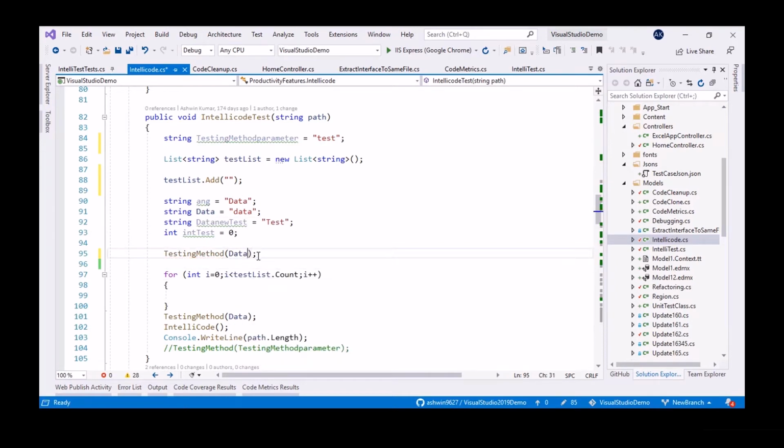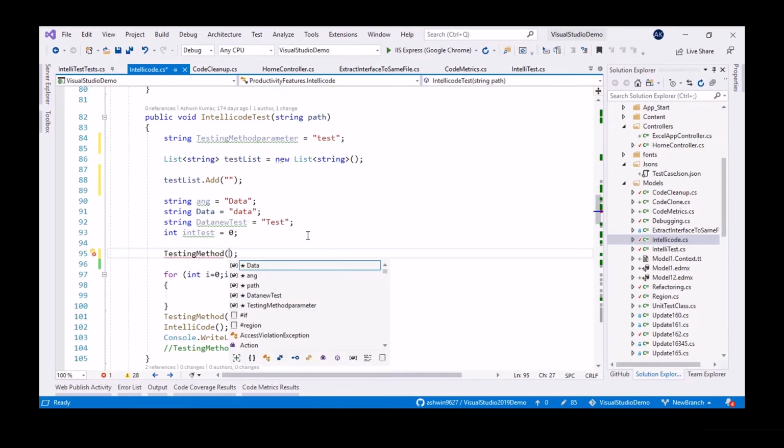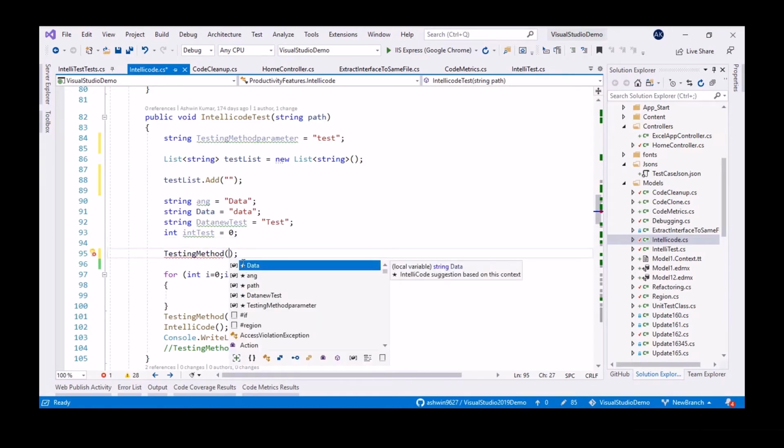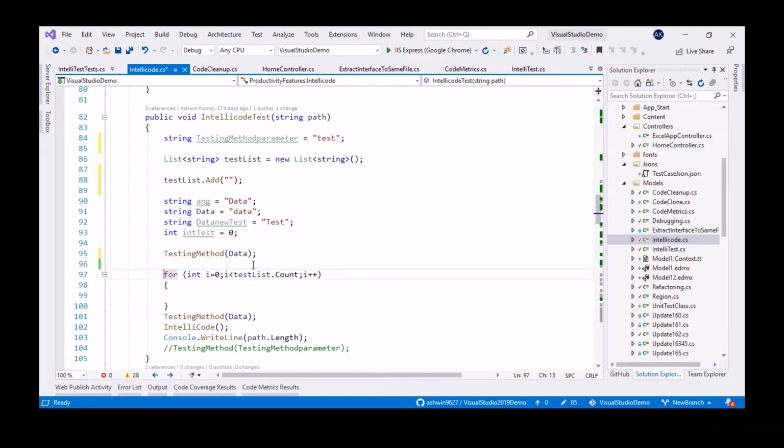Or else, if you are using IntelliSense, it won't give you the right results. It will give you all the suggestions, and you want to search all the way down there and pick that one. Normal IntelliSense will be like this. It's quite easy in many ways with IntelliCode. Also, this IntelliCode is only available with the system C# libraries.